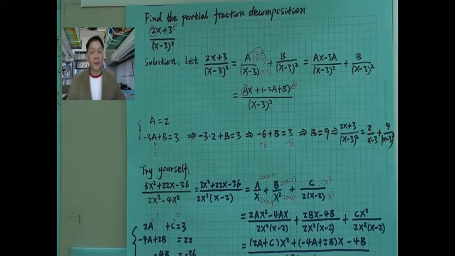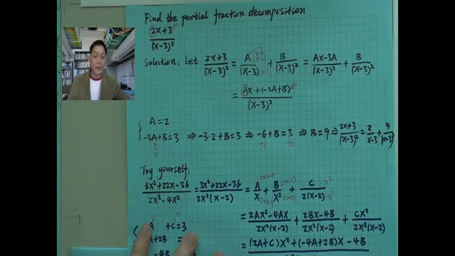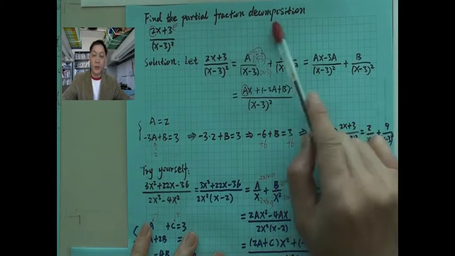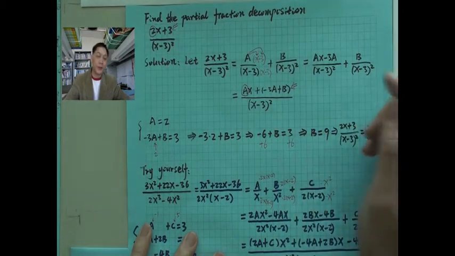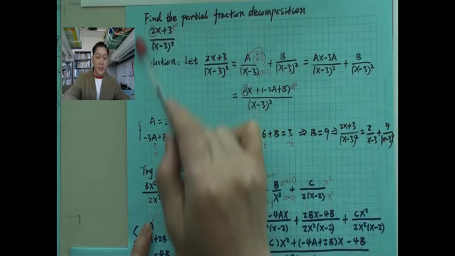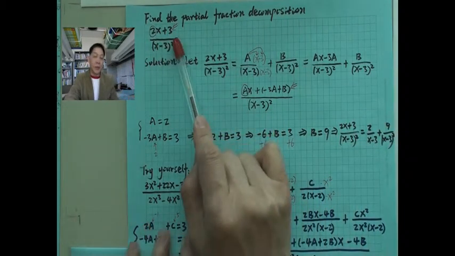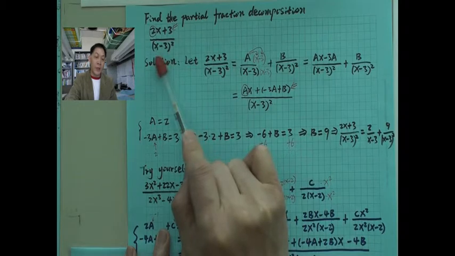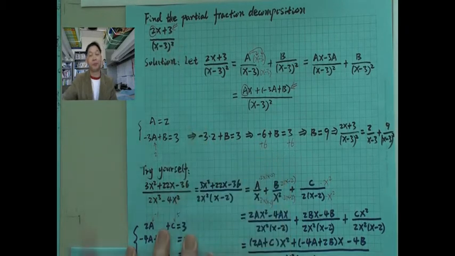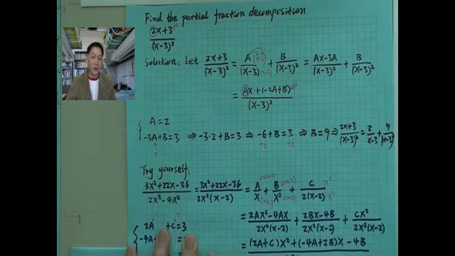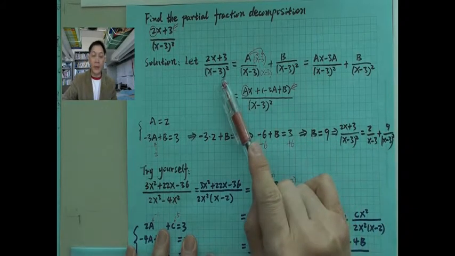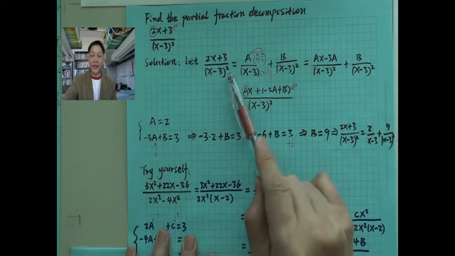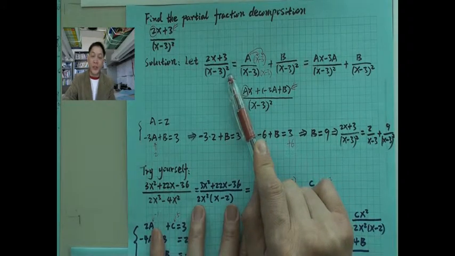In this lecture, we will look at the partial fraction decomposition. We'll look at this example, 2x minus 3 over x minus 3 squared. How to decompose this one. Here is x minus 3, the whole quantity squared. So the way you do this is that